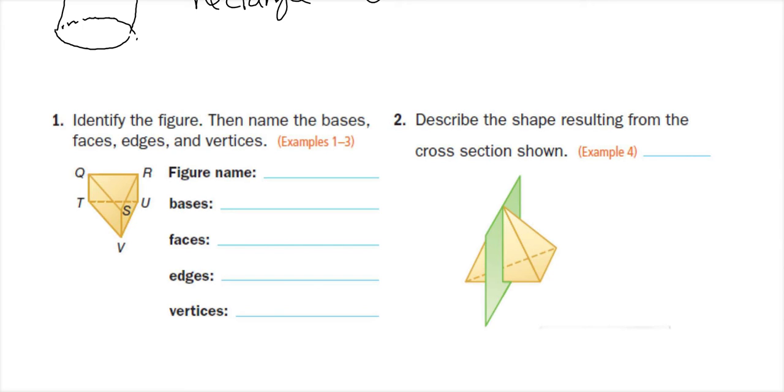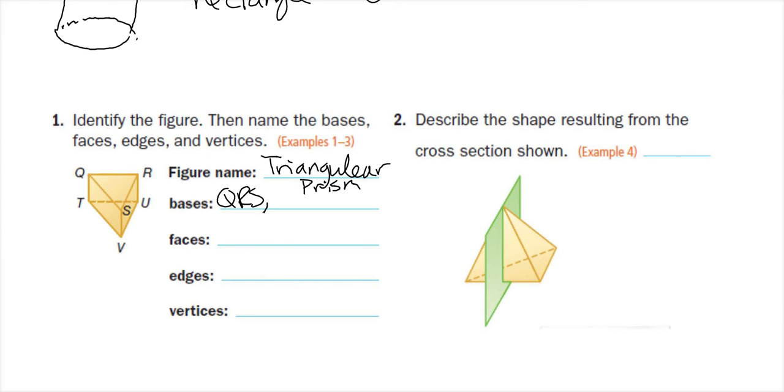And let's just kind of go through it really quick here. So what do we call this one? Well, they have triangular sides and rectangular sides. So that means we're going to have a triangular prism here. This is a triangular prism. We have bases of QRS